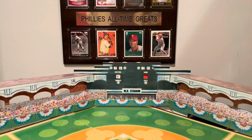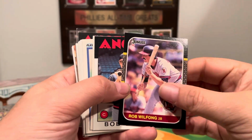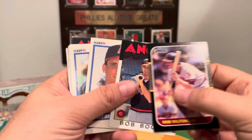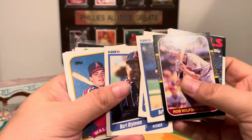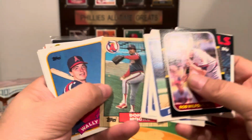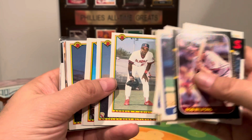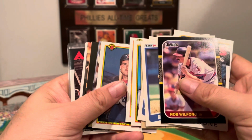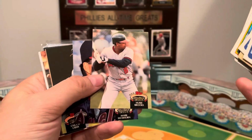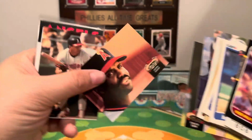Again, I bought the Twins and the Angels. The Angels pack, 87 Donruss Wilfong, Bob Boone, 86 Fleer, Jeff Manto, Bob McClure, Johnny Ray, Bert Blyleven is a Hall of Famer, Donnie Moore, Wally Joyner, Terry Clark, some 90 Bowman, Chili Davis, Bert Blyleven, another Blyleven, Bobby Rose, Kyle Abbott, Dick Schofield, some early 90s Stadium Club again, the Hubie Brooks, Mark Eichhorn, Chuck Grimm,